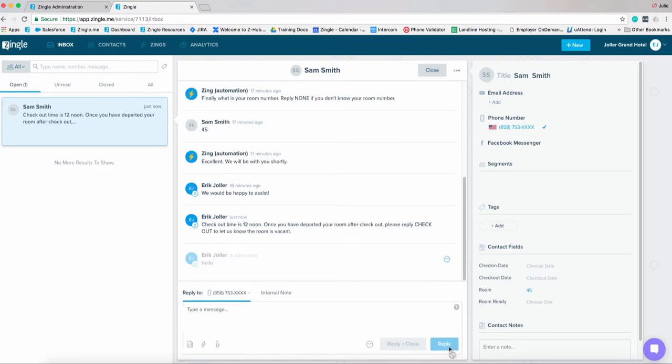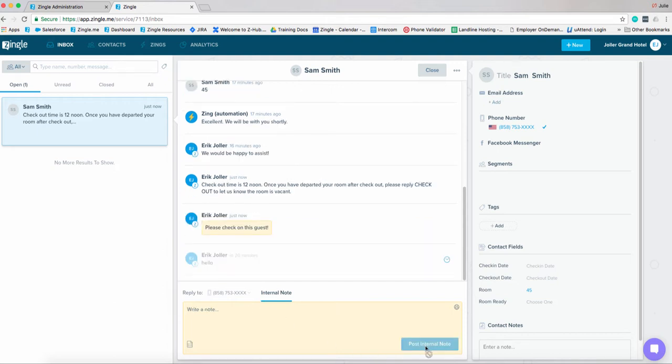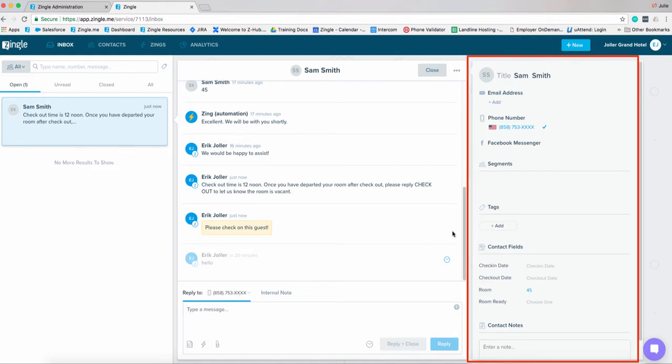A new feature we've added is the internal notes feature. This will allow you to post internal comments for the other staff members to see that will not be seen by the contact. This is a great way to communicate information between staff members in case of a shift change during an ongoing conversation. On the right of the screen, you'll see the contact card of the contact that you